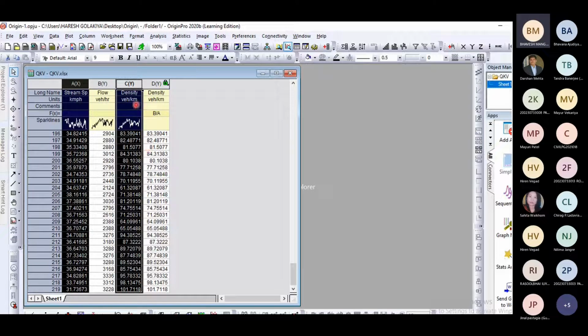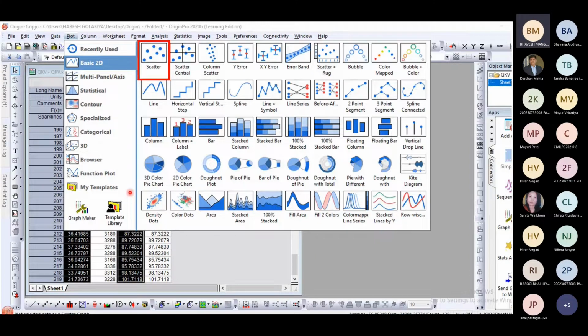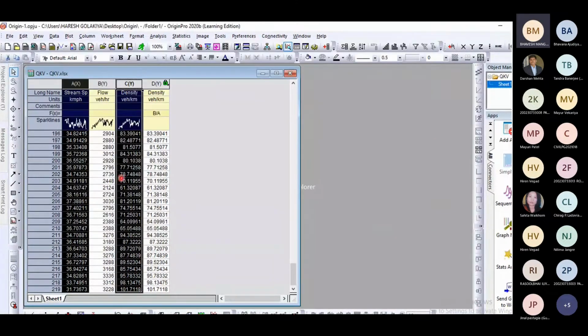So to plot these two, we have to right click on X, press Control, again right click on Y, meaning density. So these two columns will be selected. Now you have to go to plot, right? After selecting these two, we have to click on the plot.